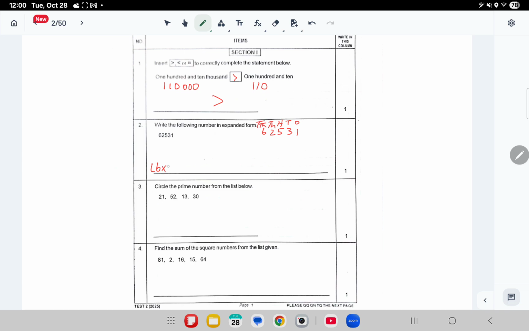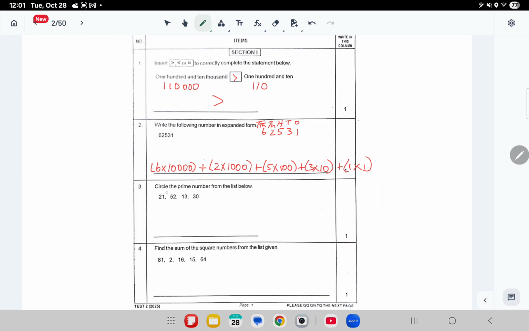So we know this will be 6 by 10,000, add 2 by 1,000, add 5 by 100, add 3 by 10, add 1 by 1. Alright, so we expanded the number